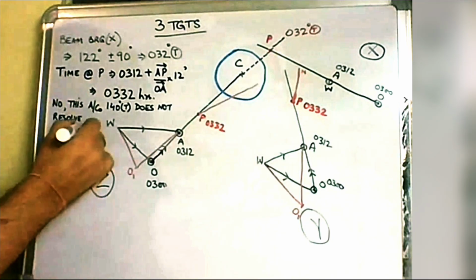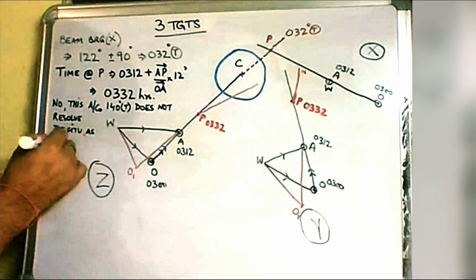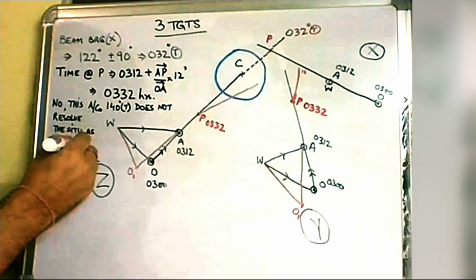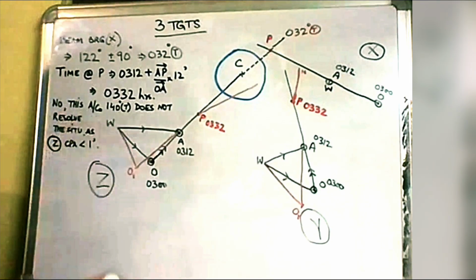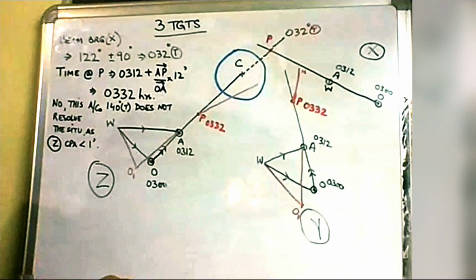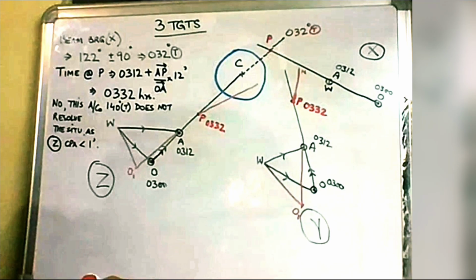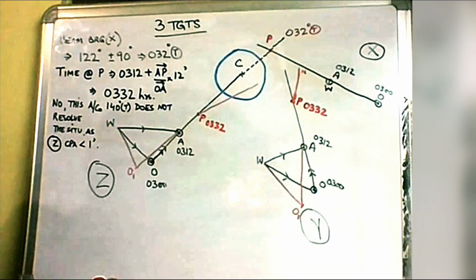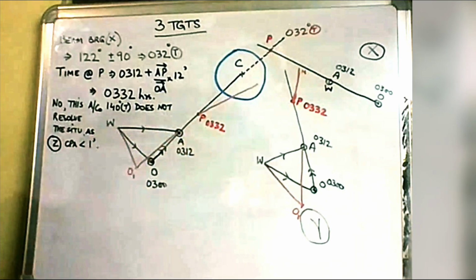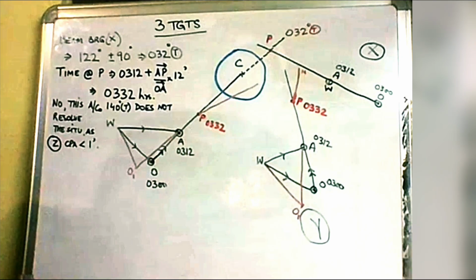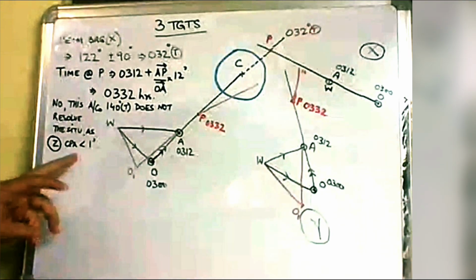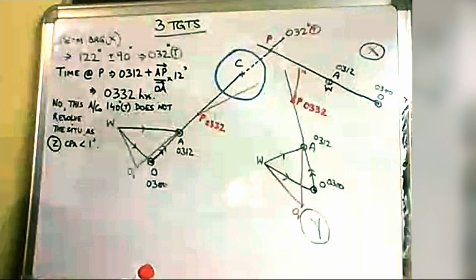Is that okay? As Zulu CPA is less than 1 mile. As CPA of Zulu is less than 1 mile. Is that all right? यस सर। सर हमें सीपीए लेस देन 1 माइल बताया, हमें ये भी बताना कितना है। ये नहीं, लेस देन 1 माइल बता रहा हूँ, क्योंकि क्यों रिजॉल्व नहीं करता है ये बता रहा हूँ।